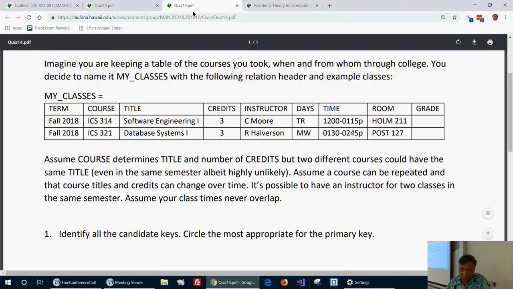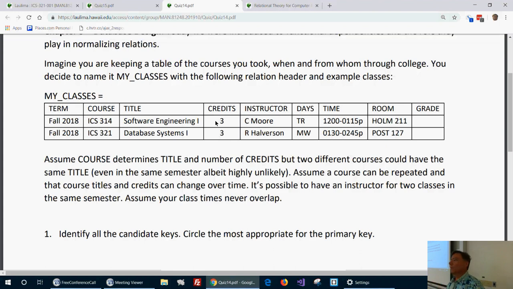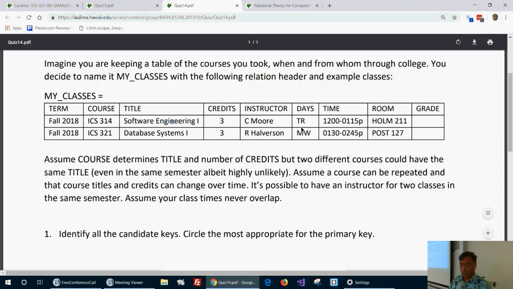And the credits can change. It doesn't happen very often, but credits can certainly be different. Like ICS 101 at Manoa is 4 credits. ICS 101 on any of the other campuses is the same course, but it's only 3 credits. Of course, the instructor is not necessarily connected to the course. Like this, I have more than one instructor for the same course in the same semester. Days, well,